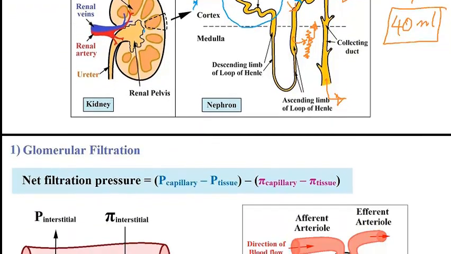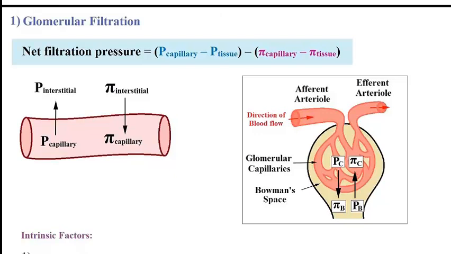Okay, now we just discussed glomerular filtration, secretion, and reabsorption. The question is, what factors affect the rate of glomerular filtration? And the answer is that it depends on how much pressure is inside the vessels, and that pressure will push fluid out. So this is called hydrostatic pressure, which is basically the other term for the glomerular blood pressure, and it's shown right here. So this is P, so P stands for